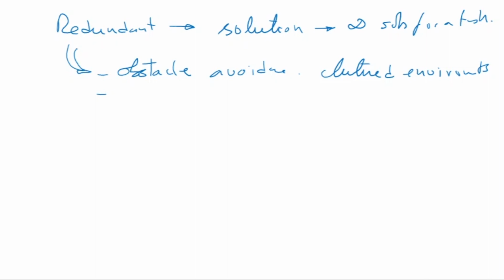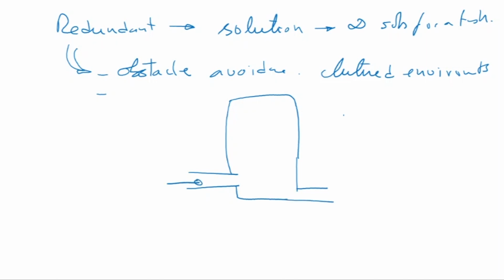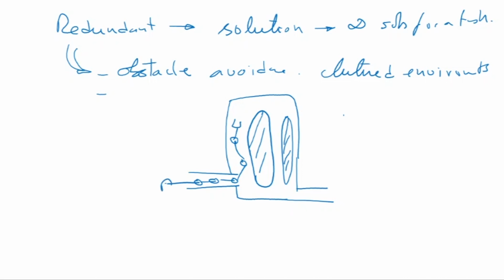Now another example is suppose we are performing a task, for example, inspection. You are going into a boiler. So this is a boiler, just for example, and this is the inlet of the boiler, and this is the outlet, and you're supposed to go in from here and do inspection. So if the robot goes in from here, it can have multiple degrees of freedom. There could be drums inside, or other kinds of obstacles, so here the manipulator goes in from here.